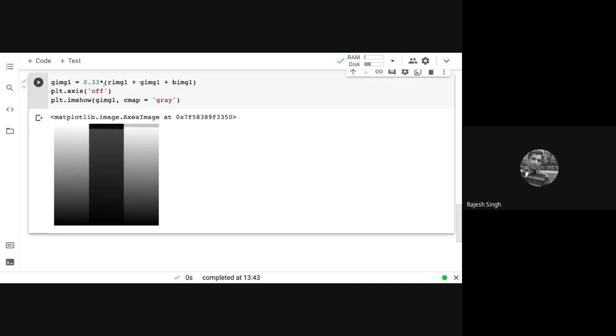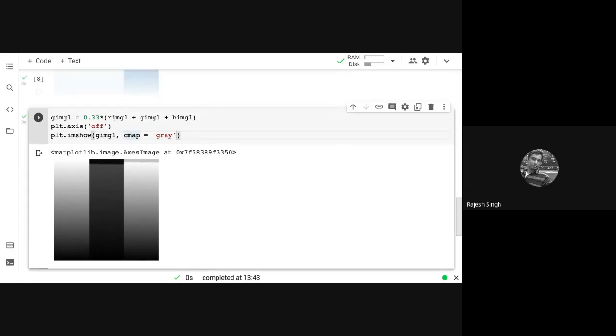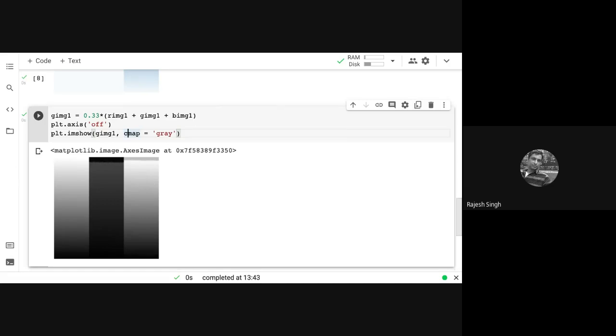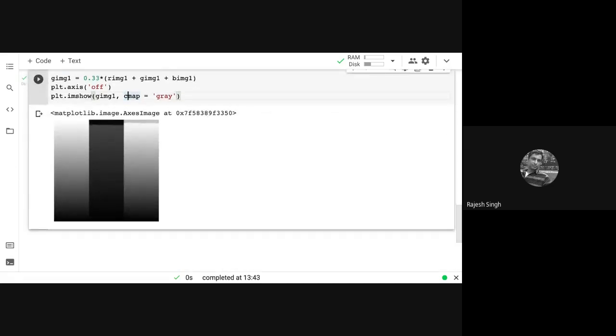What is the issue? RIMG is proper, GIMG is proper, BIMG is proper. I added the 3 divided by 3, so 0.3. Okay. I am unable to figure out the issue.